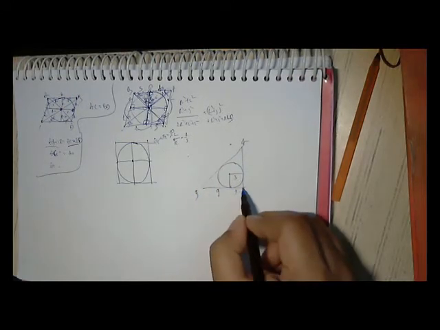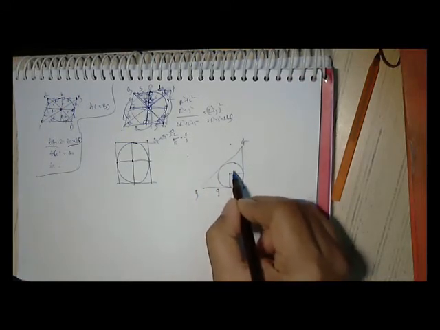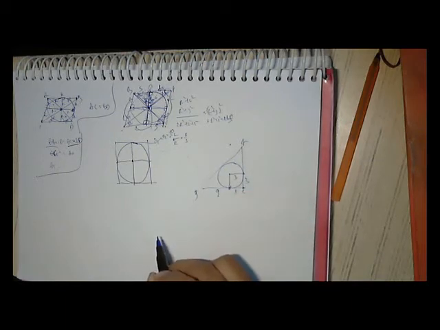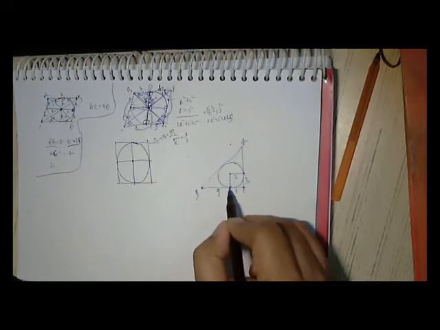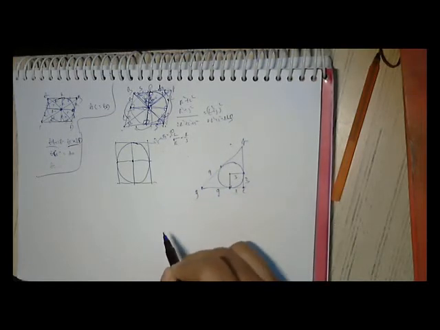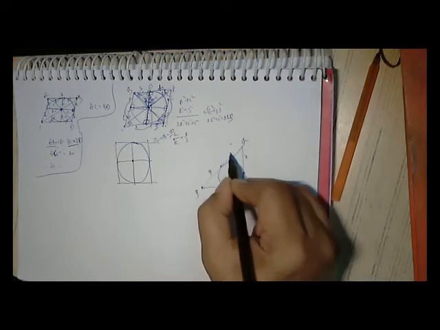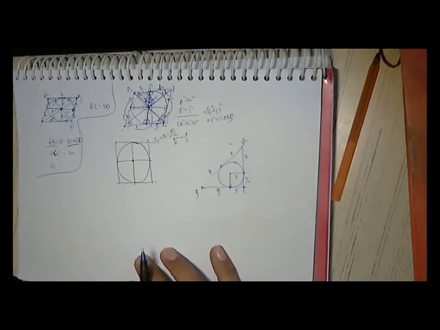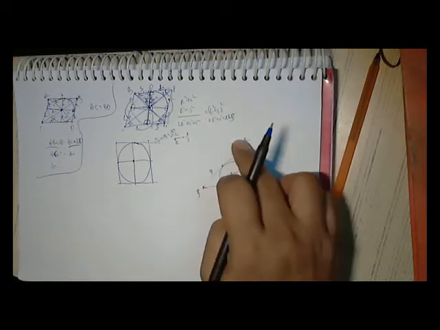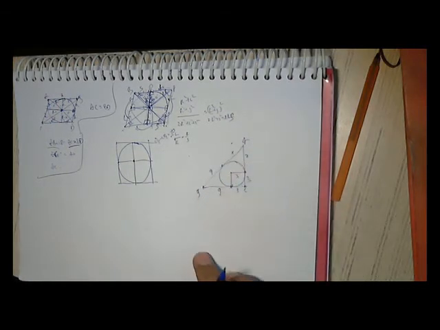Now you see, this is an external point for this circle. That means if this is 3, this is also 3. Again, this is an external point for this circle. So when this is 9, this portion is also 9. So let this portion be x. So we have a right angle triangle with a square plus b square is equal to c square. So I will get the value of x.